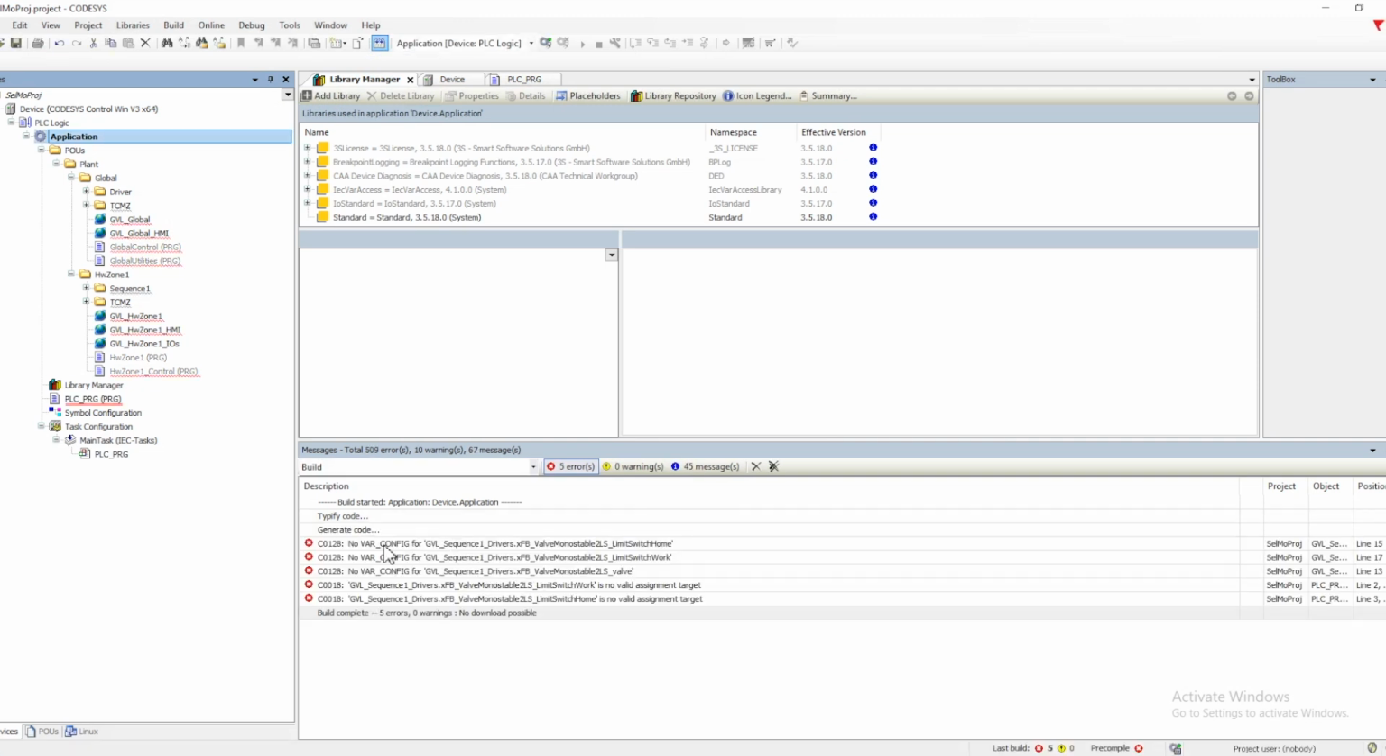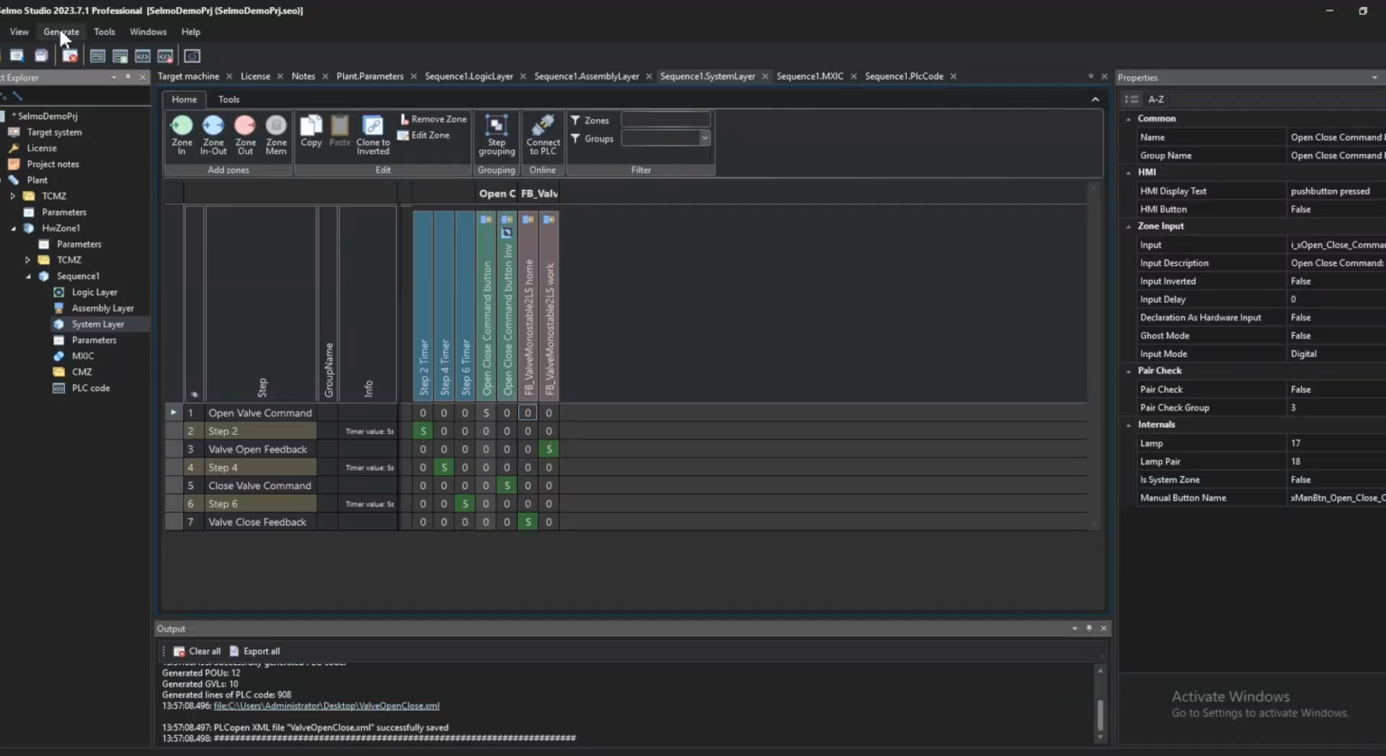Another is the hardware zone, which is local, and everything for the sequence will be defined under the hardware zone, and the IO mapping, everything will be defined under the hardware zone. Okay, so